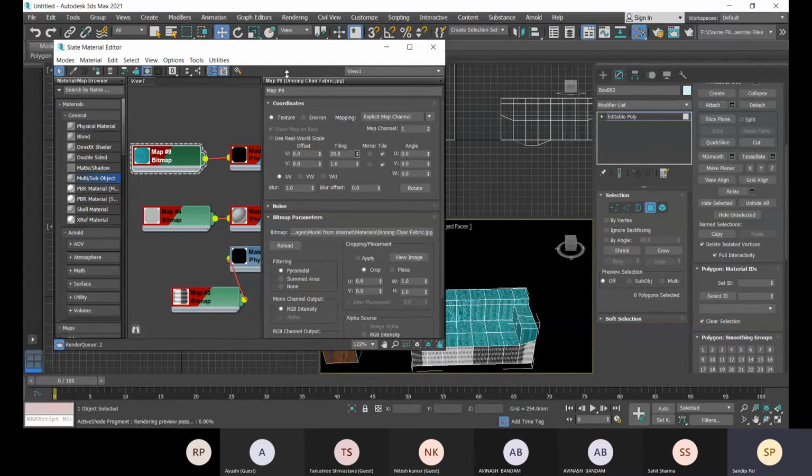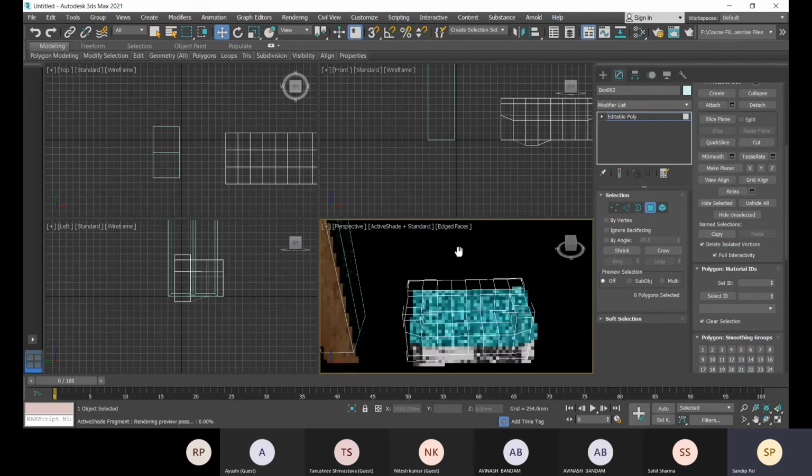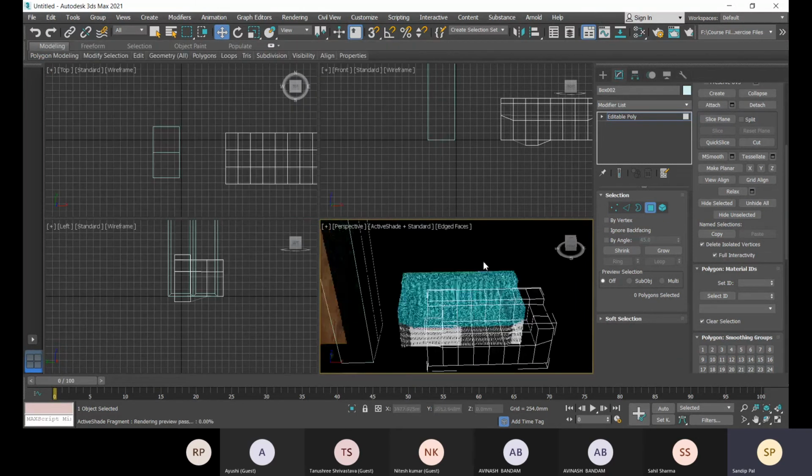Okay, the tiling you can change. Click on OK, and this is how you place it.